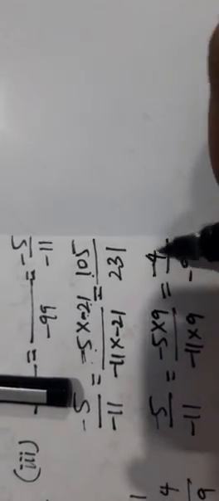Now let us consider these two rational numbers. First write minus 5 by minus 11, and with what you multiply the denominator minus 11 to get minus 99? That is 9. Minus into plus is minus. 11 nines are 99. So take the numerator and multiply by 9 again. We get 9 fives are 45. We fill 45 or minus 45 in the numerator. These are the numbers we get after filling.